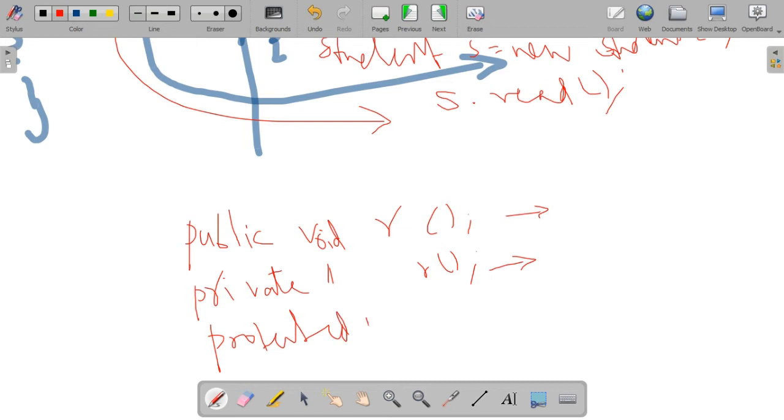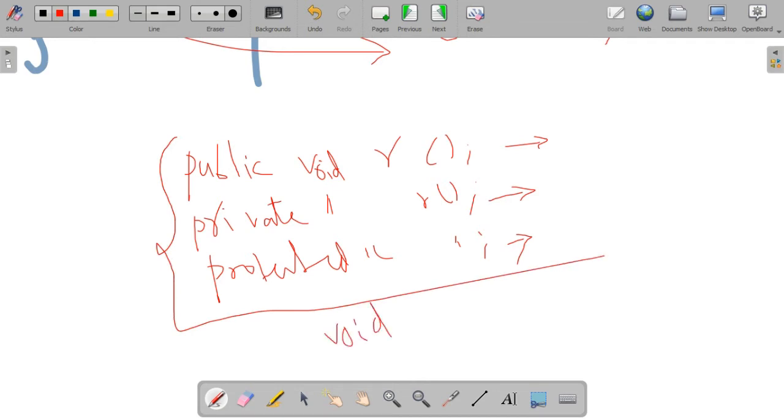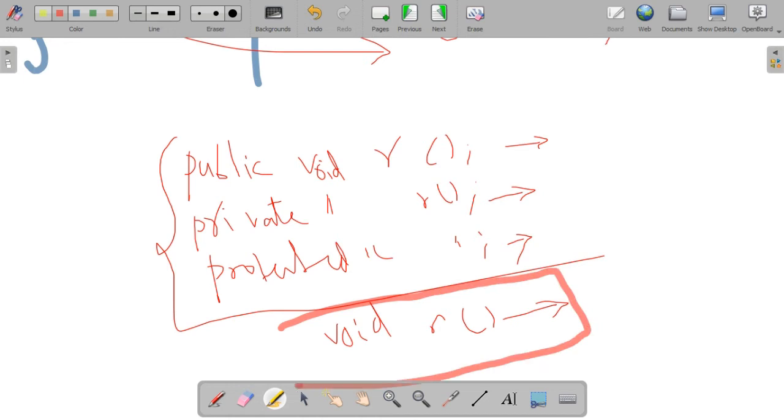So when you are writing a program, any class or any method, you can write the access specifier. Is it public void read of? Yeah, this is indicating the public access specifier. The next one is private. Consider this as void read of, or the same, private void read of.